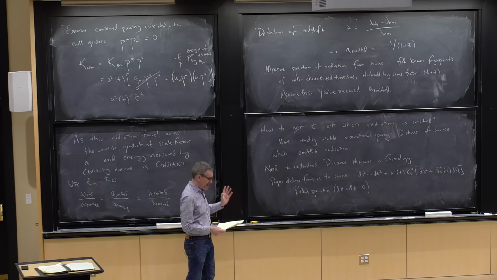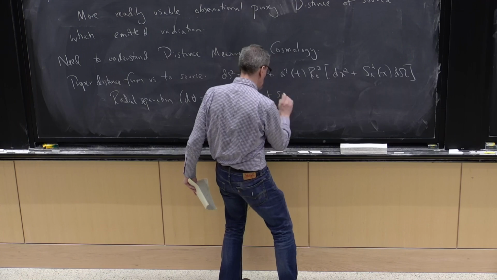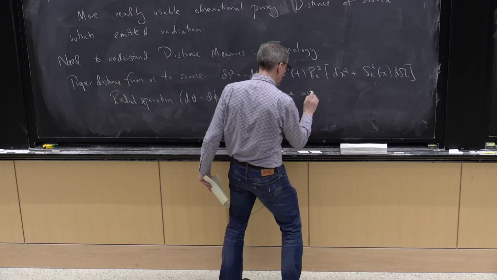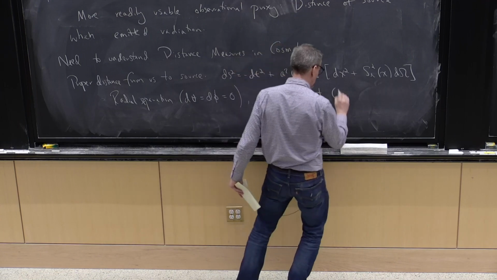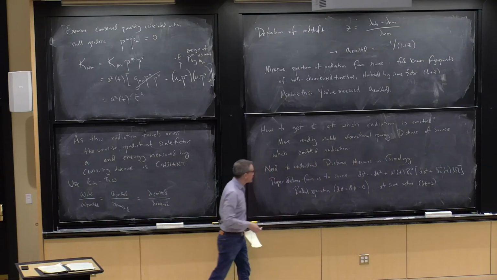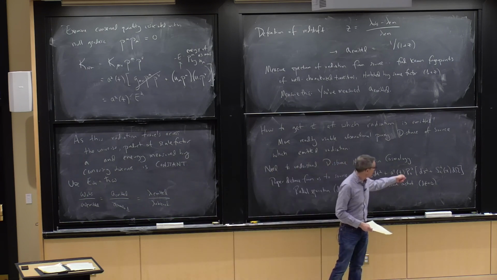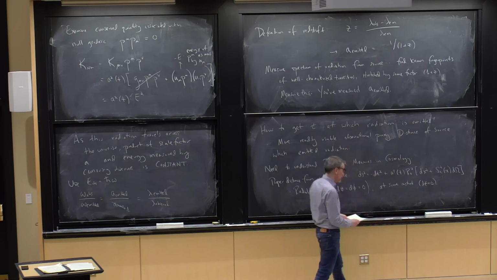And let's imagine that I determine the distance between these two at some instant. Okay? So then you just get ds squared equals a squared r0 squared d chi squared, and you can integrate